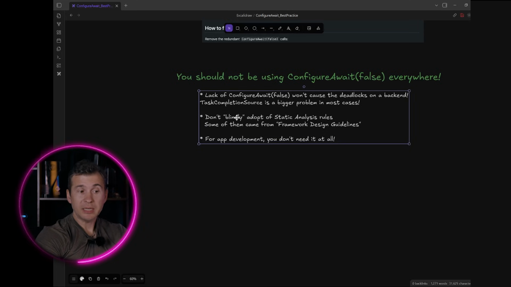Some people just blindly enabled a bunch of static analysis rules, and one of them is enforcing usage of ConfigureAwait false. And so I've seen many applications that are littered with ConfigureAwait false with no good reasons. There are official guidelines not to use ConfigureAwait false in the application code. We should stop using it there. And it's totally fine to have static analysis rules to ban usage of ConfigureAwait false and get rid of them in the